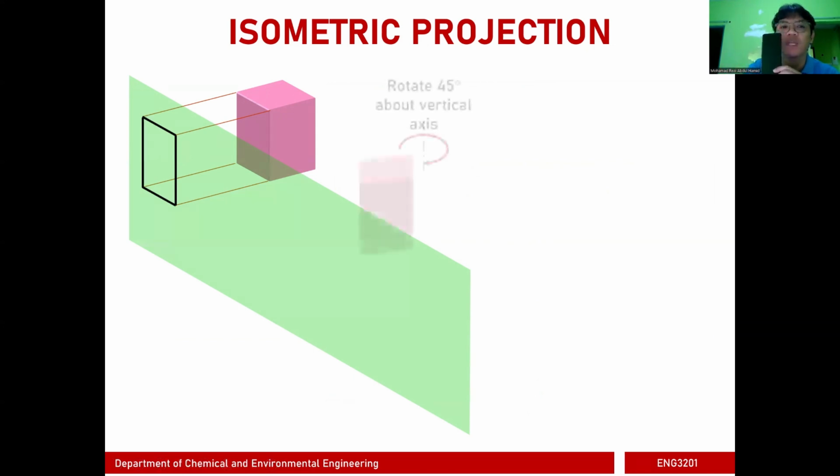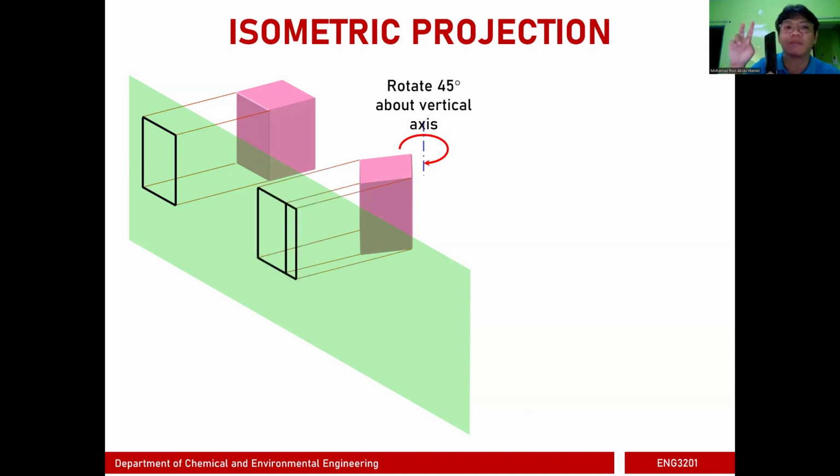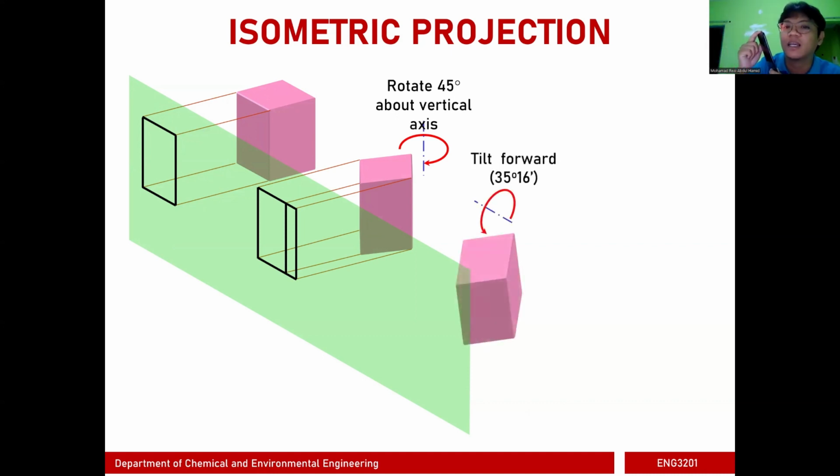Now you rotate about 45 degrees on the vertical axis. So you just rotate like this. Now you will see you reveal two faces, which is like this. And after that, lastly, what you have to do is tilt by a 35-degree angle, 35 degrees and 16 minutes, and you will get